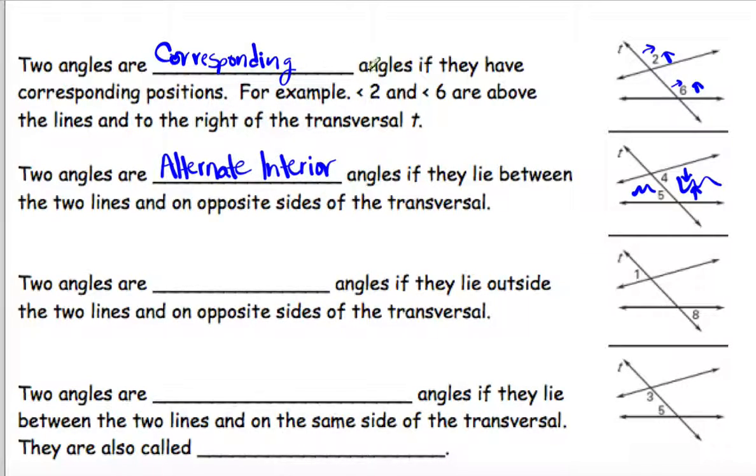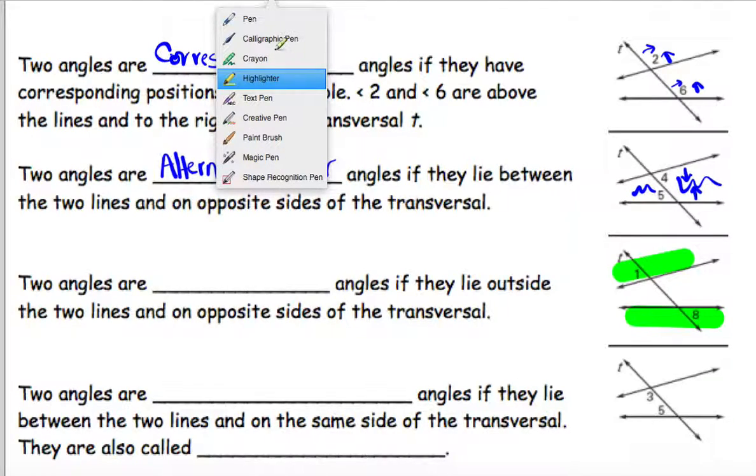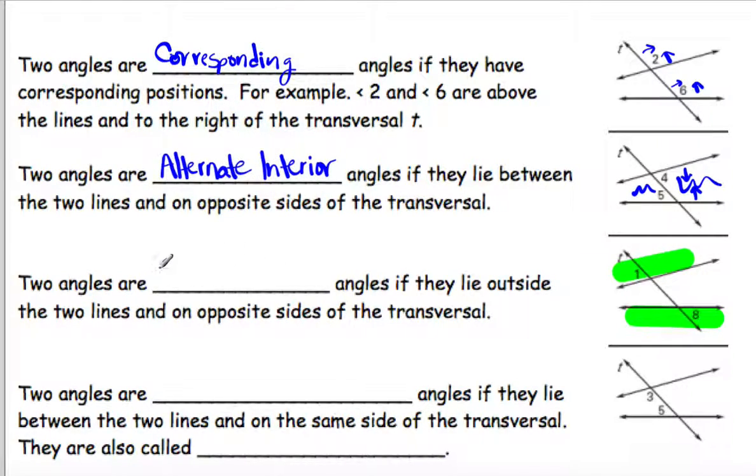So what they mean when they say outside, outside of the lines will be this area out here. It's not between the lines. And you see how 1 and 8 are on opposite sides there. These are called alternate exterior angles. And then the fourth set here, two angles are blank angles if they lie between the two